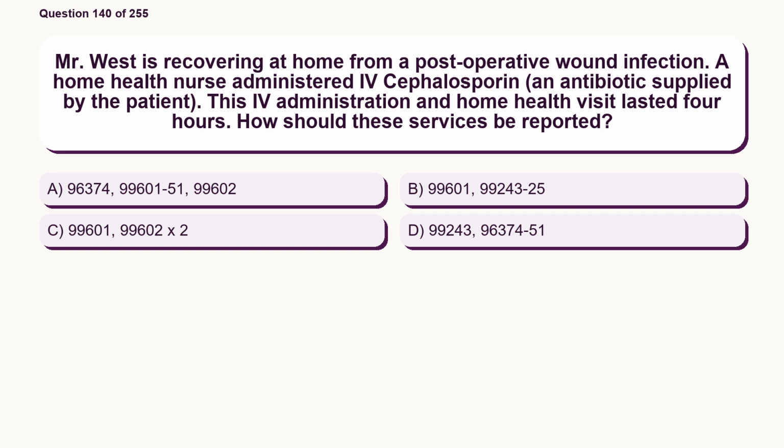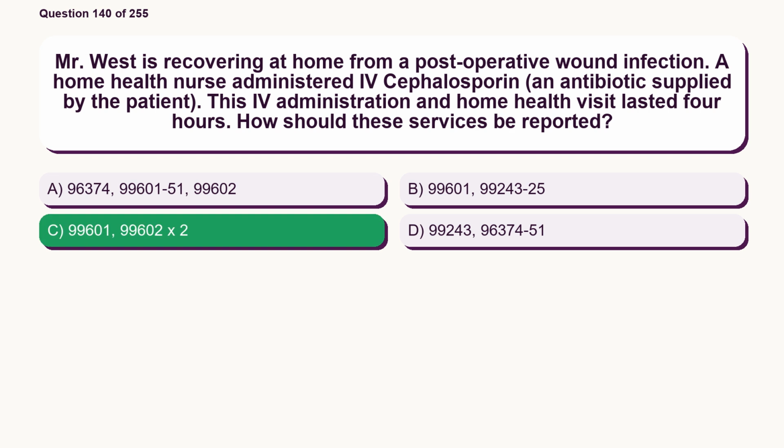Option A, 96,374, 99,601-51, 99,602. Option B, 99,601, 99,243-25. Option C, 99,601, 99,602 x 2. Option D, 99,243, 96,374-51. The correct answer is option C,